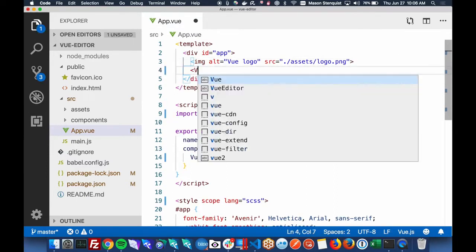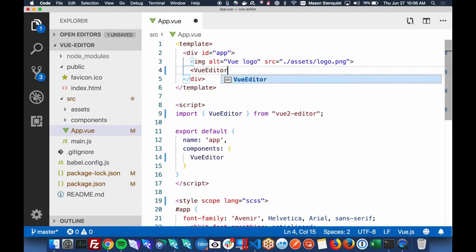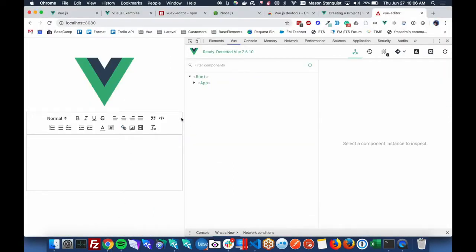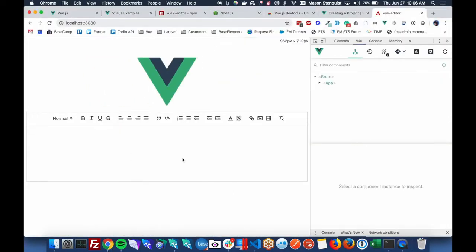So Vue editor. Oops, there we go. All right, so now we have a fully customizable editor.